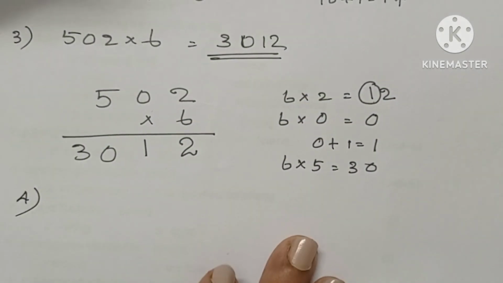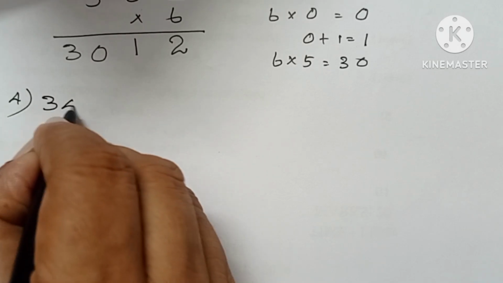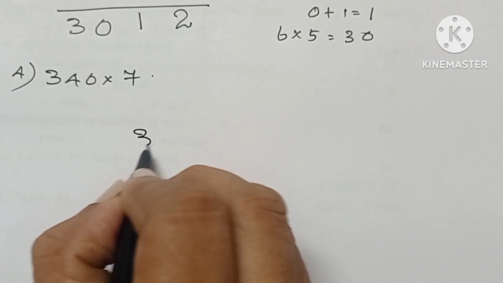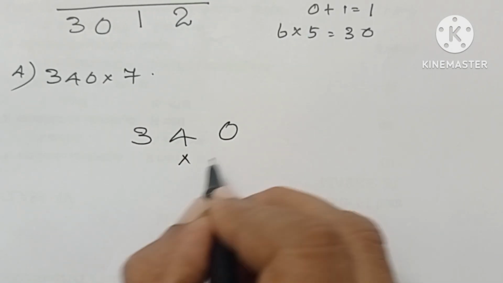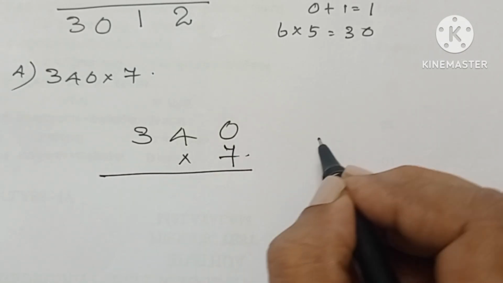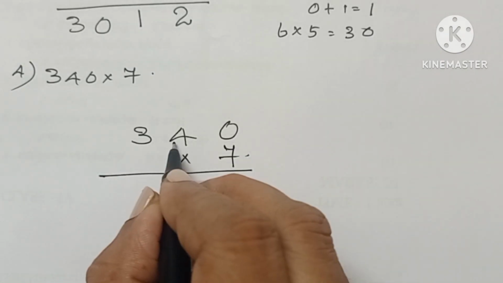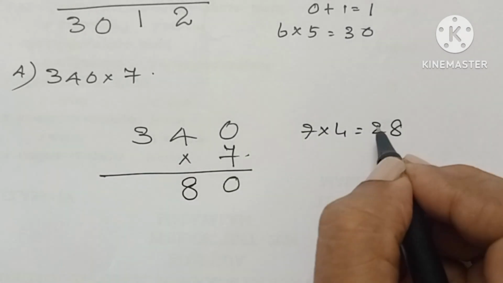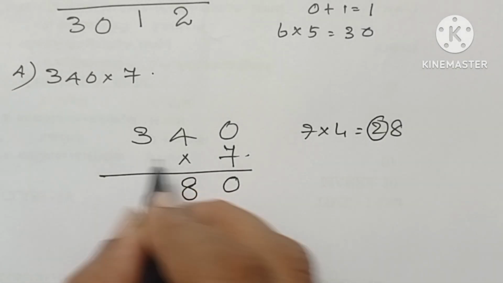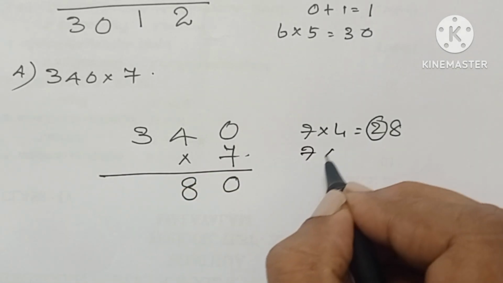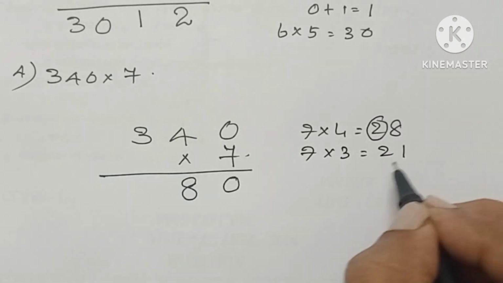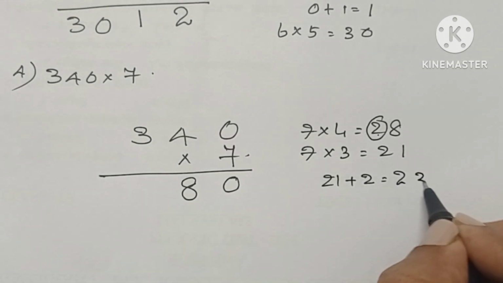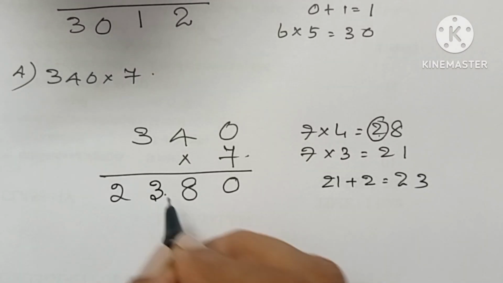Another example, 340 into 7. 7 into 0, 0. 7 into 4, 28. 8 we are writing. 2 we are taking as carryover. 7 into 3, 21. 21 plus the 2 carryover, 23. Answer is